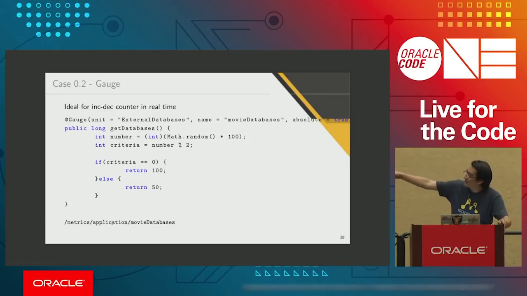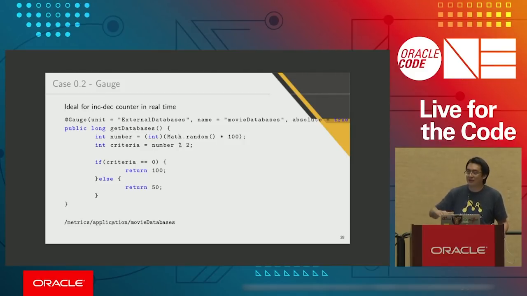So what do you think this API is doing? Just to analyze a little bit the code. Okay, this is basically generating a random number,